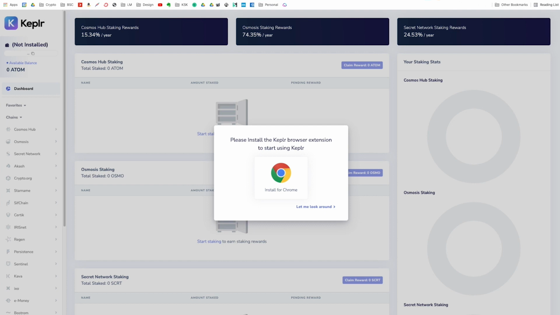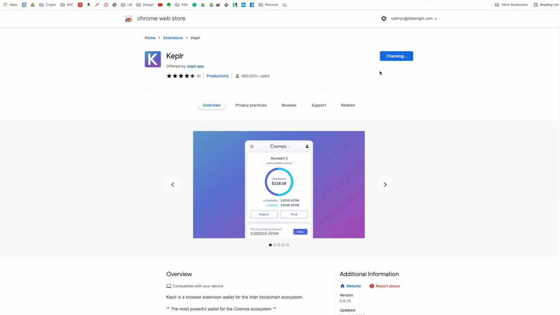You can see up here I have all of my browser extensions, which I've said in other videos that I don't like to add wallets to a browser that I use for my personal things, which is still true, but I have already installed this on Brave, so I want to walk you through literally step by step. So I will install it on Chrome, and then I'll just remove it afterwards. So just add the extension.